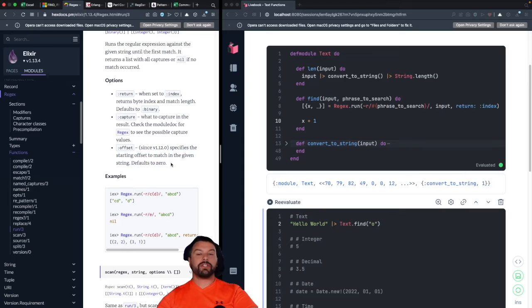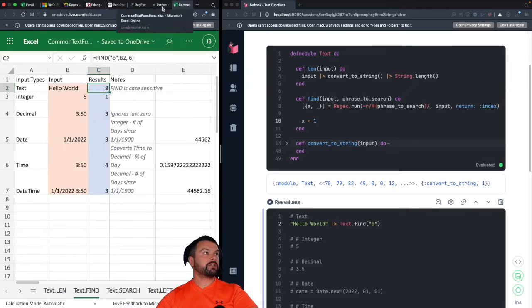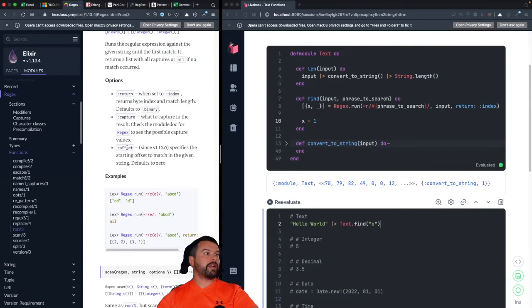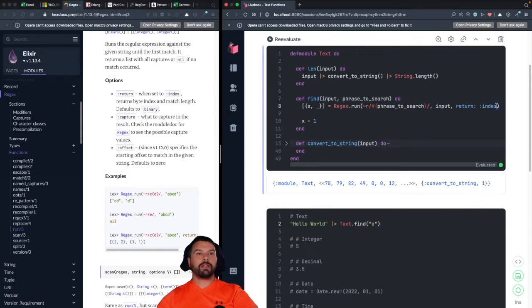Right now it defaults to 0. That's equivalent to this start number. So all this is doing is asking how many letters do you want us to skip before we start searching for the text you want? So if we go back to our function,